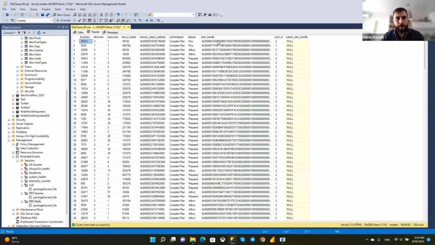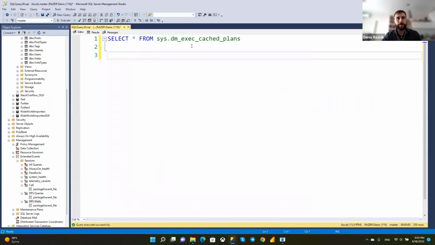By the query handle, plan handle, you can get the actual query plan as XML, and you can scan that in a single query. And you can find the query plans which reference your table.